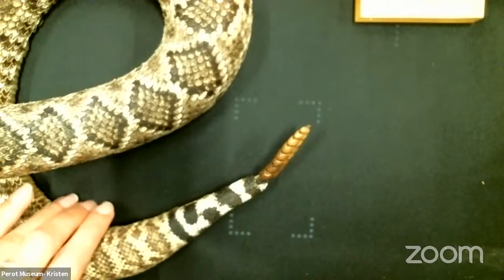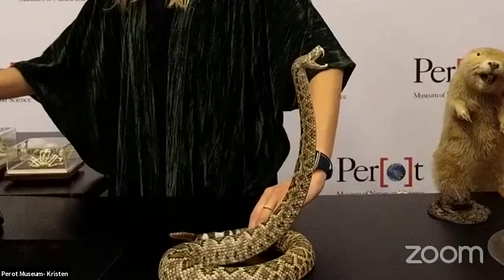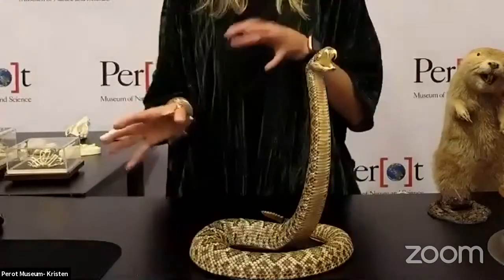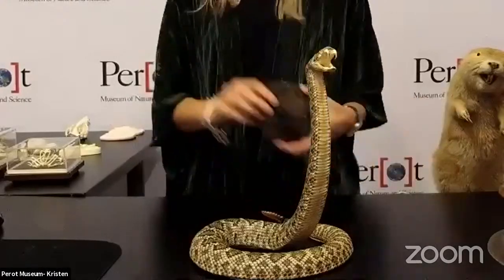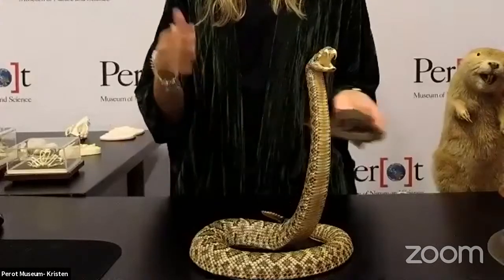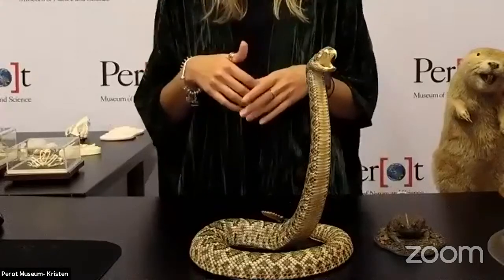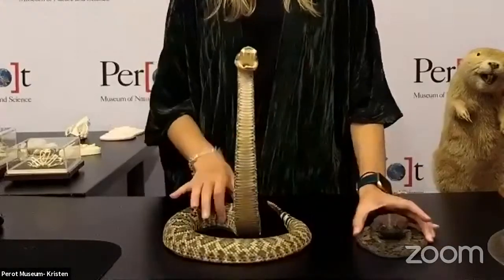One more thing I want to mention really quick. We'll come back to my large screen right here. Is the difference between venom and poison. So we said that snakes are venomous, but I mentioned earlier that toads are poisonous. And poison and venom are both toxic, and they can be harmful to humans and other animals, but the difference is how it gets